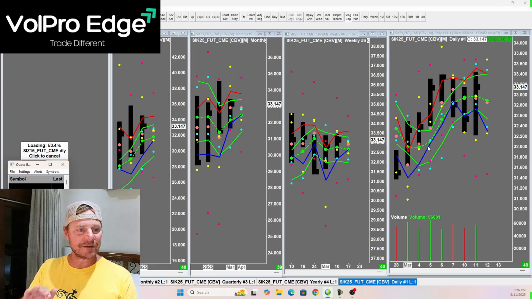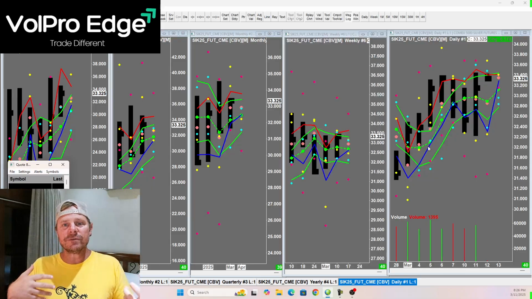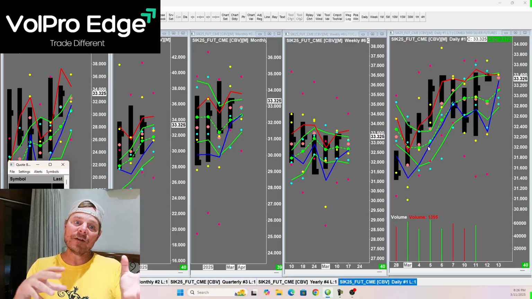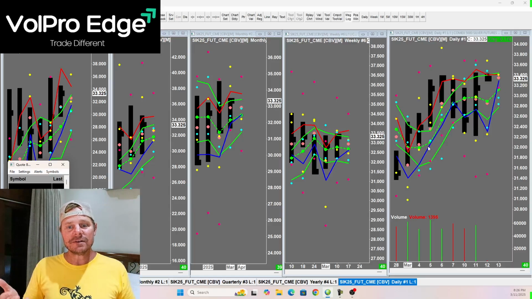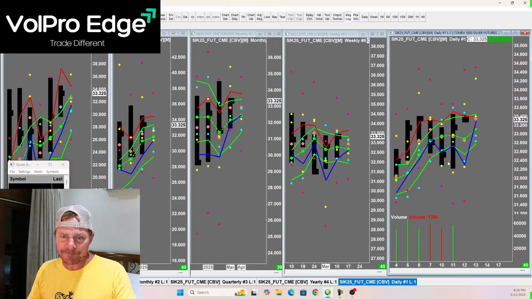But guys, you've got the levels here, and this is why the live trading room is going to be so key, because these levels are there, but trading is fluid. Trading is dynamic, and you've got to watch your intraday charts and how they react to the levels and make the decision how to trade them, right? So here's silver catching a little bit of a bid here. Big strong day for silver, much stronger than I expected for sure. Yeah, you've got a lot of resistance up in here, but I don't know. The gold resistance I kind of liked a little bit better. Silver's looking tricky to me there.